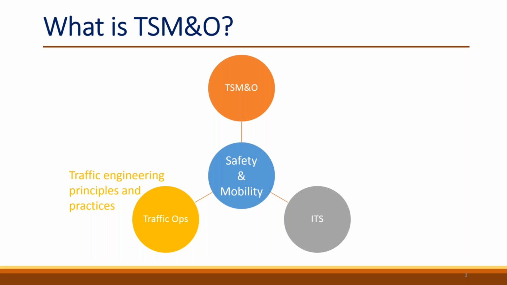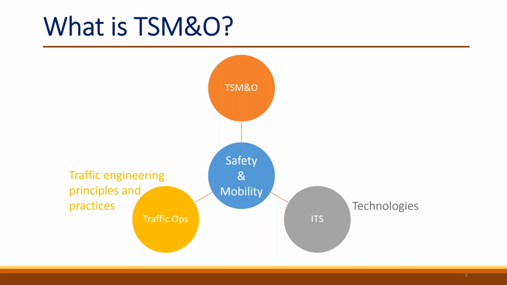And a relatively newer division that we come across is the ITS. ITS stands for Intelligent Transportation Systems, as we all may have already known. ITS primarily refers to technologies. It talks about the equipment and the technologies that are out there in order to improve, again, the safety and mobility of the transportation system. Some examples could be red light cameras, transit signal priority, signal coordination, traveler information systems, and so on and so forth.